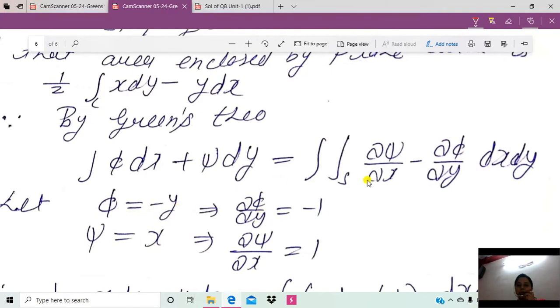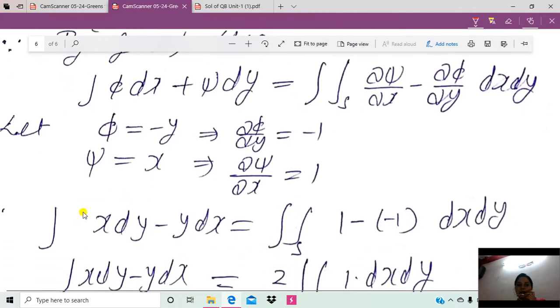So we put all the values in the statement of Green's theorem on the left hand side as well as on the right hand side. Therefore in the integration of x dy minus y dx, in place of phi we put minus y, and in place of psi we put x. Therefore the single integration of x dy minus y dx is equal to the double integration of del psi by del x, which is 1, minus del phi by del y, which is minus 1, so 1 minus minus 1, which is 2. So the right hand side is now the double integration of 2 dx dy,